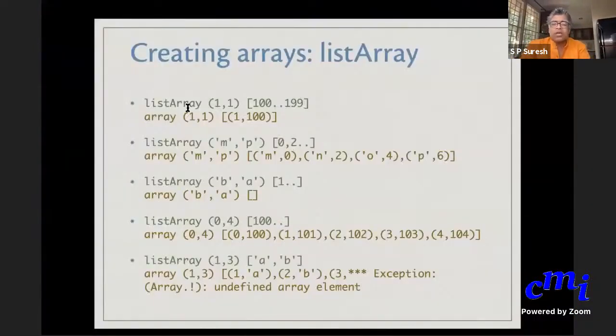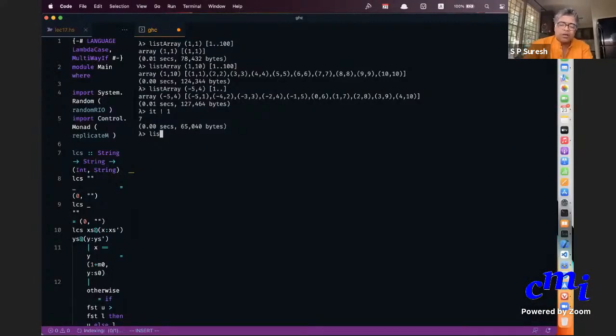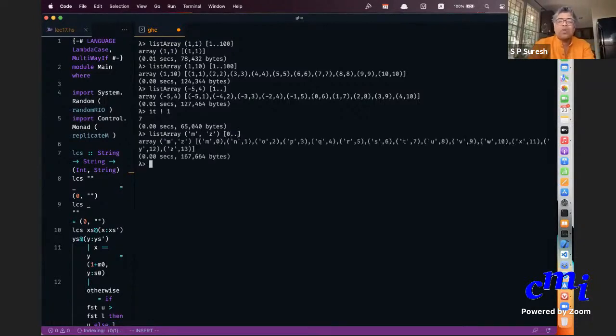Okay, so more examples. You can do list array and say that my first index is M, my last index is Z, and my array itself is, I don't know, 0 dot dot. Now you see that the indices are characters and your elements are integers.